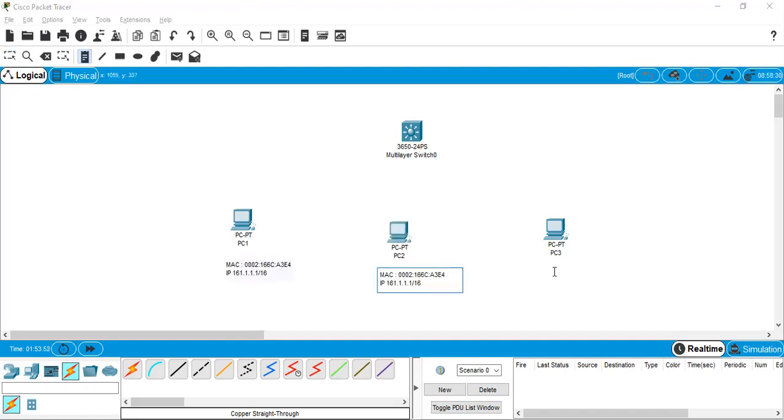Let's say this is the second, this is the third. The third must be 3 and the second must be 2, the IP address of the